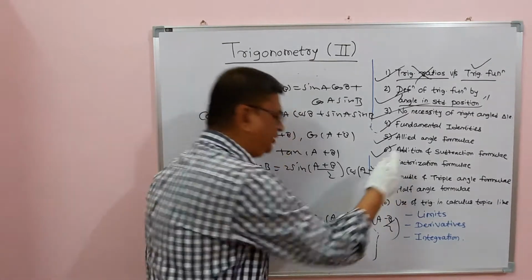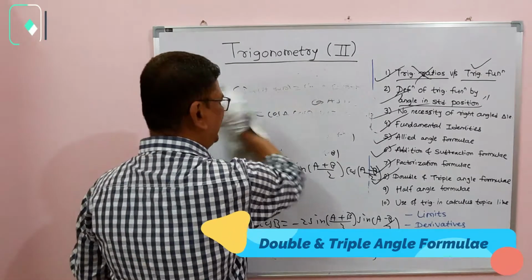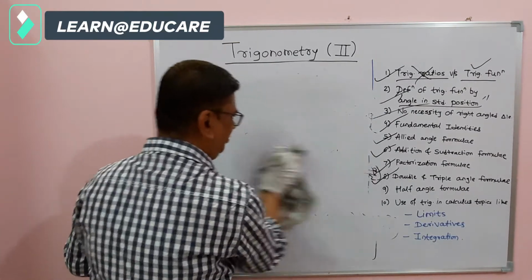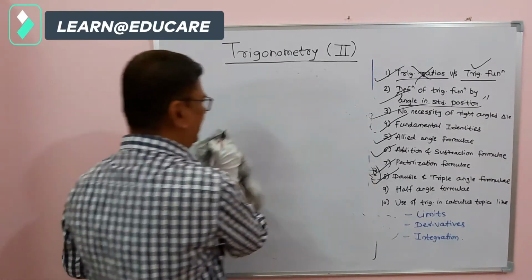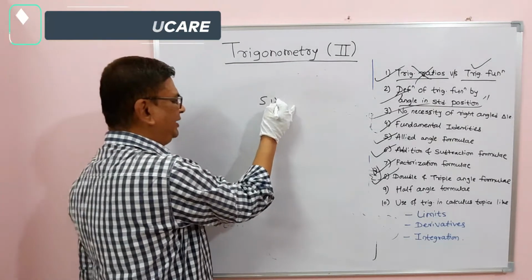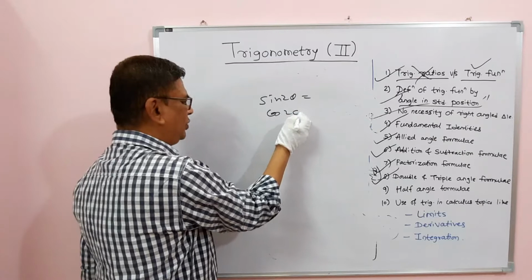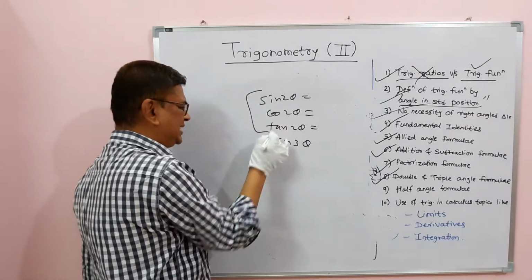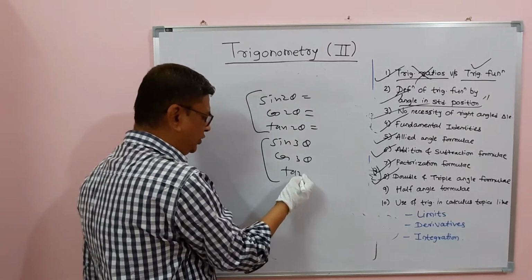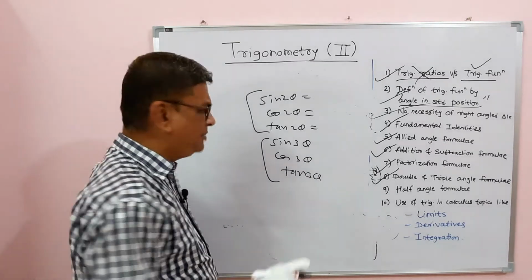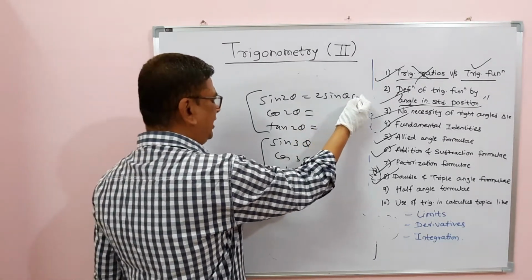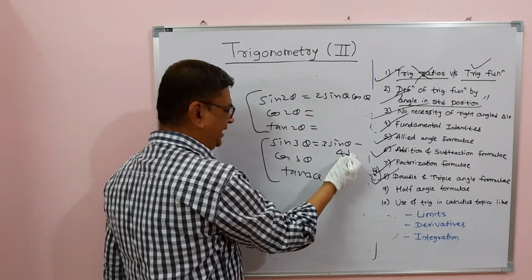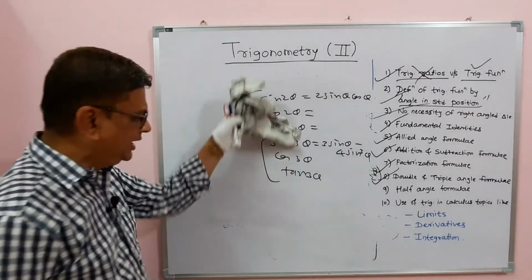Then the next, the double and triple angle formulae. These are what are called, in short, multiple angle formulae, and they are especially for angles double and triple, that is 2 theta and 3 theta. Means we have in this topic such formula available. Formulae for sin 2 theta, cos 2 theta, tan 2 theta. Triple angle formulae are sin 3 theta, cos 3 theta, and also tan 3 theta. If I give example, sin 2 theta is 2 sin theta cos theta. If I give example, sin 3 theta, it is 3 sin theta minus 4 sin cube theta. Similarly, all such formulae are there.